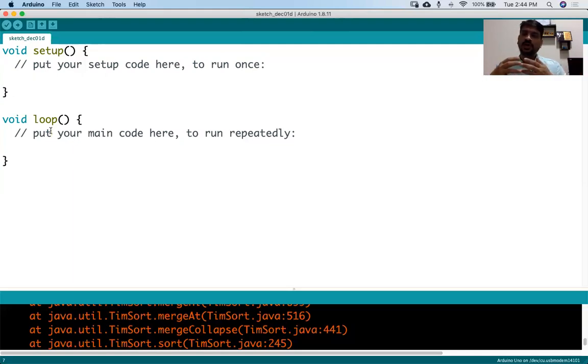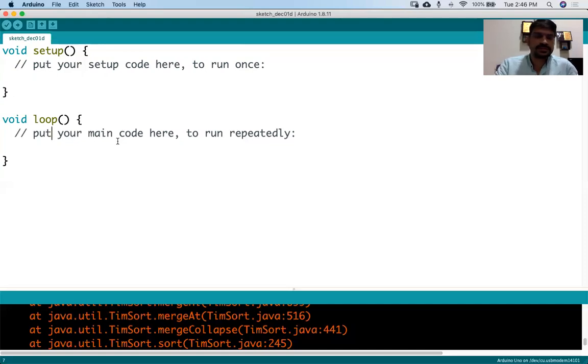But if you put it into the loop, it will run all the time. So whenever it detects fire, it will create the alarm. That's why the loop is for that. Whatever code we want to run for a longer period of time, we use it there.